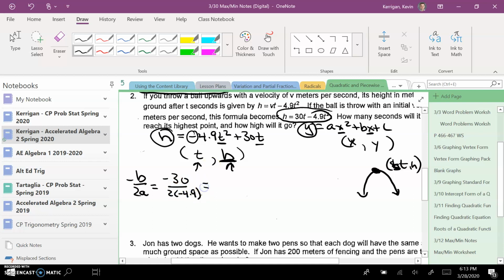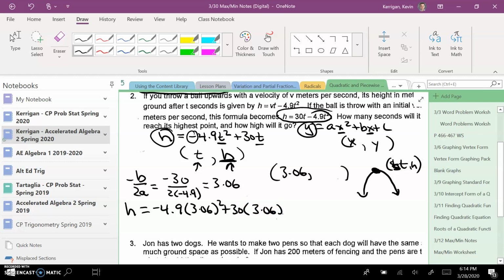It's my a value. If I were to do that just on a calculator, you get roughly 3.06. Okay? So my vertex is going to be 3.06 comma something. To find out what that something is, I am just plugging 3.06 right in for my t value, plus 30 times 6. And for time purposes, if you were to go through and calculate all of that, you would get about 45.92